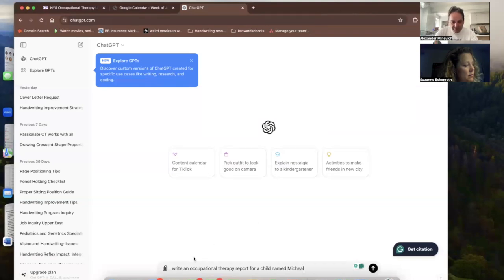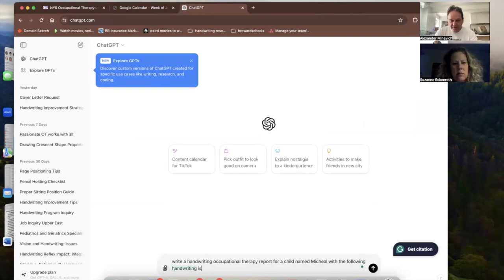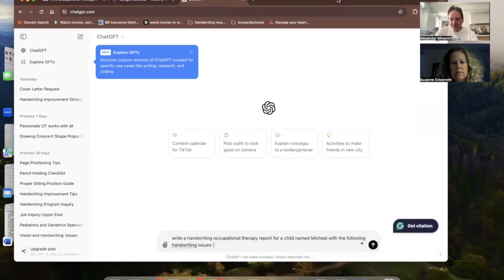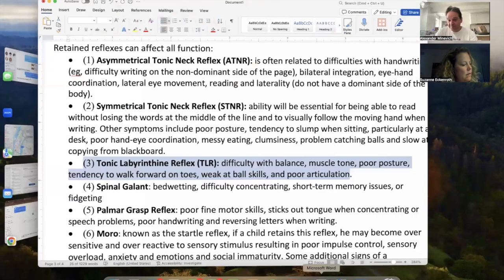How about write a handwriting occupational therapy report for a child named Michael with the following handwriting issues. I mean, something like this, right? Does it make sense what I've done so far? Okay, so tell me which issues this kiddo might have had, and then let's plug it in